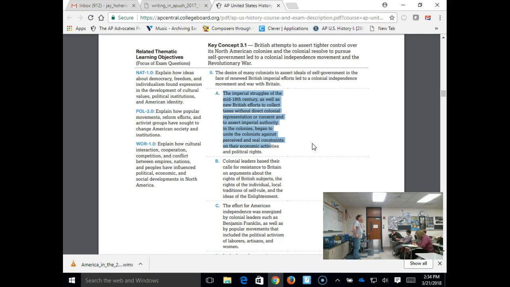That's going to mobilize a lot of protests around the colonies. So that's a great one to begin with. If you want to talk about the Sugar Act being the start, the Stamp Act being the one that really turned off a lot of people, what other taxes could you use? Tea Act, absolutely, in 1773. So with the Tea Act, you're going to have the Boston Tea Party, the Intolerable Acts, and that's going to lead to the first shots of the Revolution at Lexington and Concord.